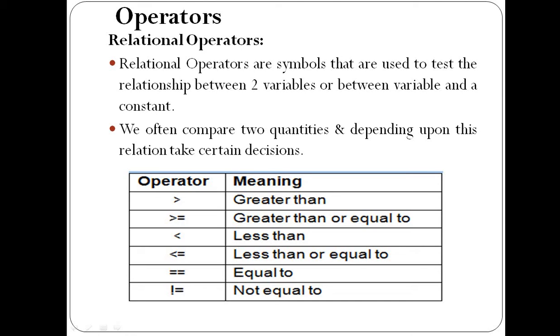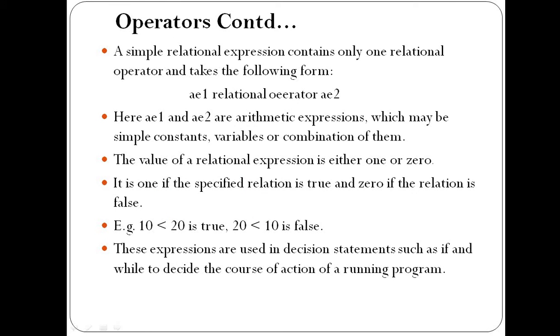So the relational operator is based on two variables. This operator also requires how many operands? 2 operands. Which symbols are used in this operator? Greater than, greater than or equal to, less than, less than or equal to, is equal to, and not equal to. Basically, these operators are used under the relational operator. Next we will continue with the relational operator.